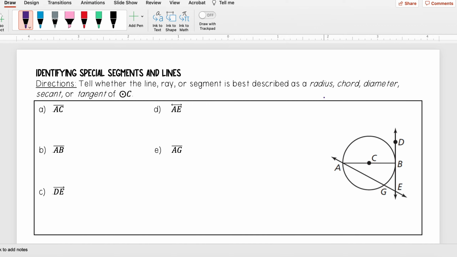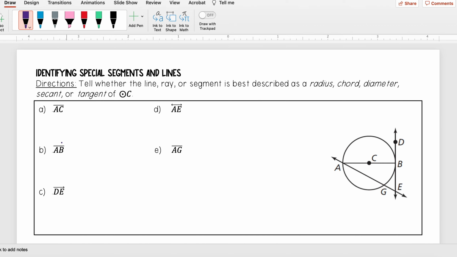So remember, a radius is a segment that connects the center to a point on the circle. A chord is a segment whose endpoints lie on the circle. A diameter is a chord that passes through the center of the circle. A secant is a line that intersects the circle twice, and a tangent is a line that intersects the circle